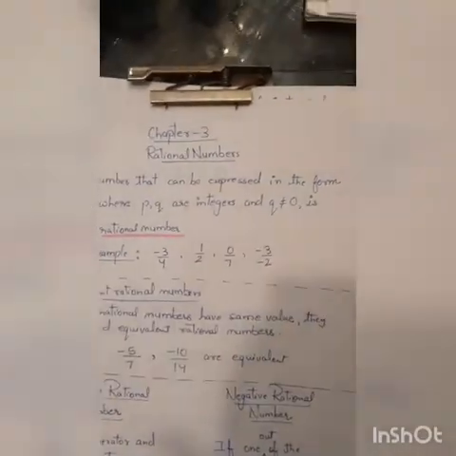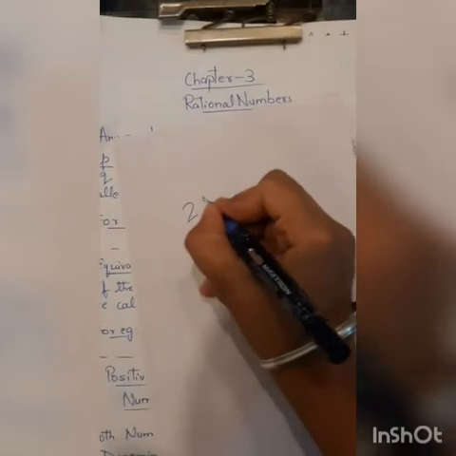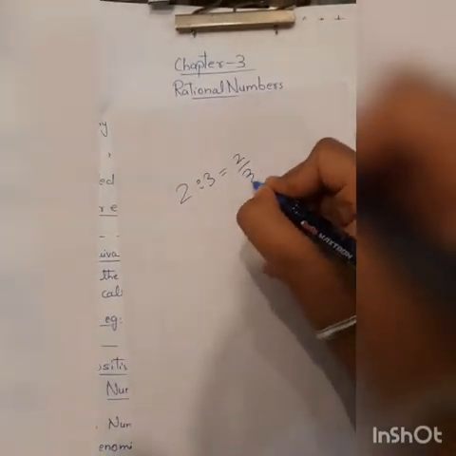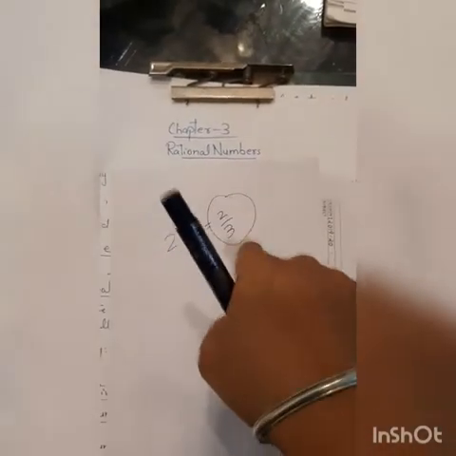We write a ratio as, let's take for example, I have this paper, I am writing on this. Let me say I am writing 2:3. This is how we write ratio. I can also write it in a fraction form 2/3. Now this is a rational number. What exactly a rational number means? It's looking like a fraction.